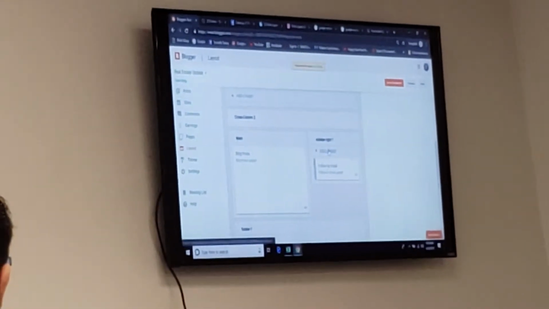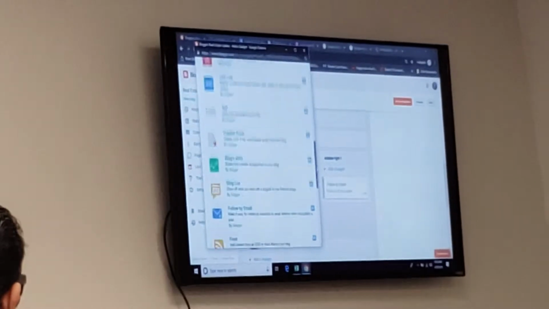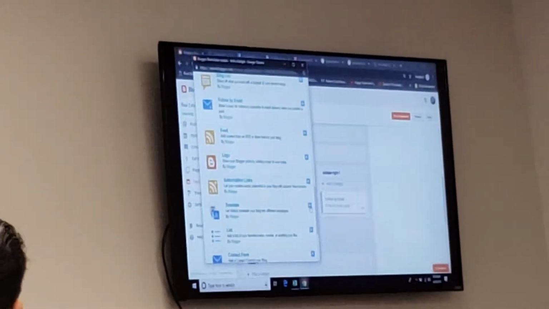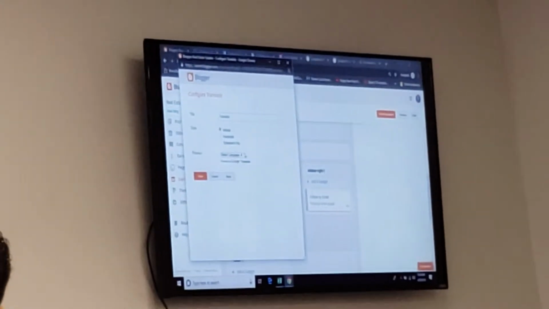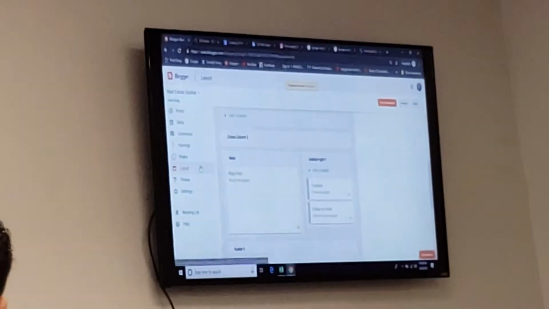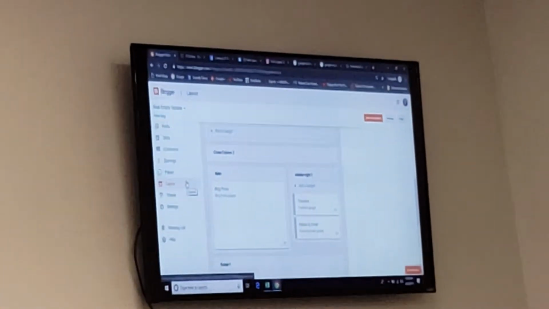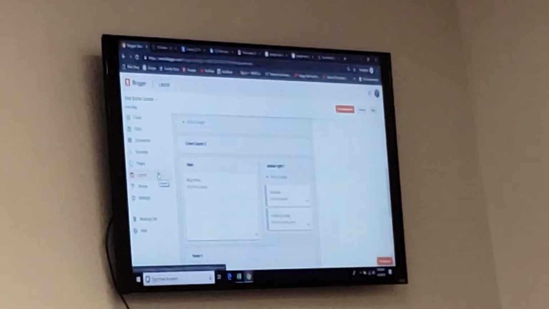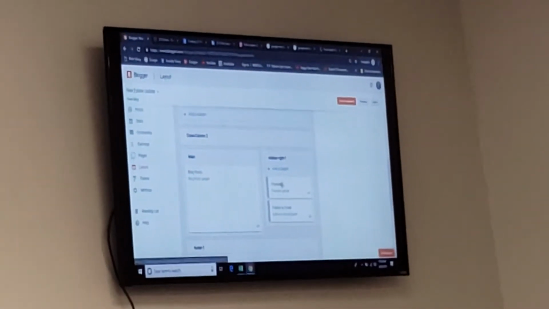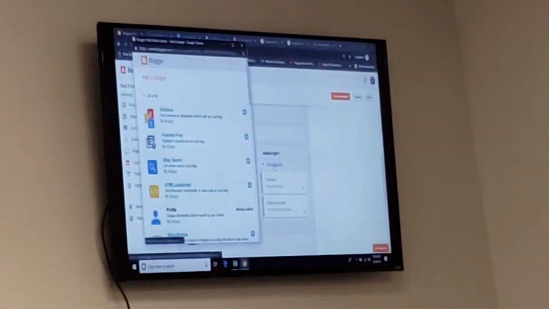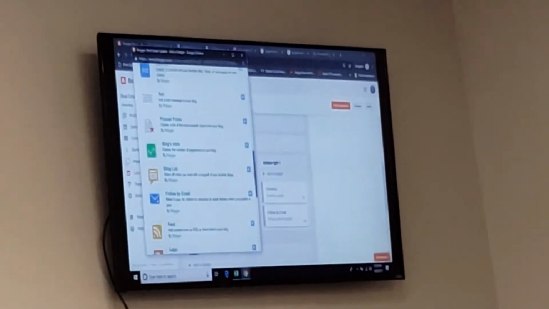The other thing I'm going to do is add Gadget, and I'm going to look for the Translate button so that anybody reading my blog can translate it to a multitude of different languages that they select from the drop-down tab. So those of you who speak Spanish, if someone was reading your blog, they could actually click on it and translate to Spanish. They can translate it to several different languages in there. So we have the Translate, and then we're going to add one more tab, and it's going to be